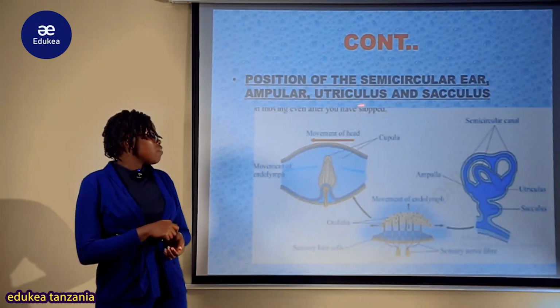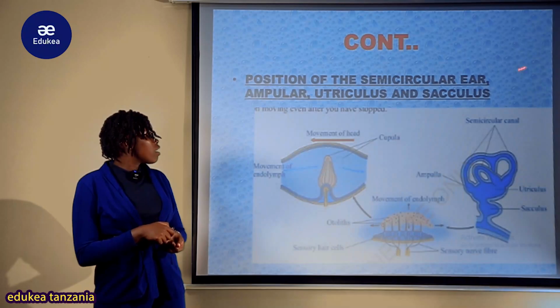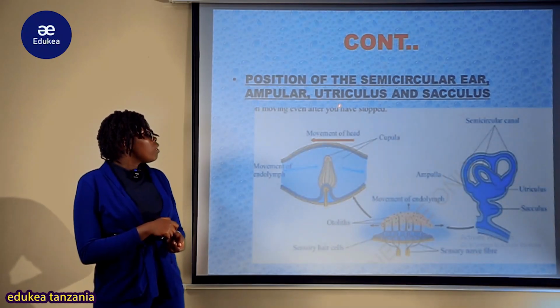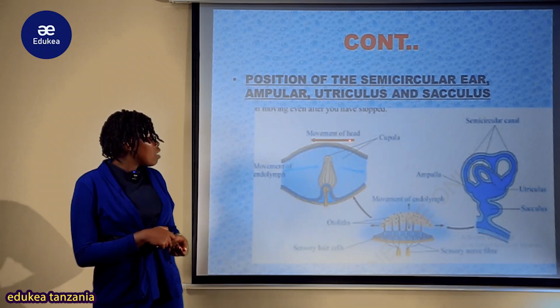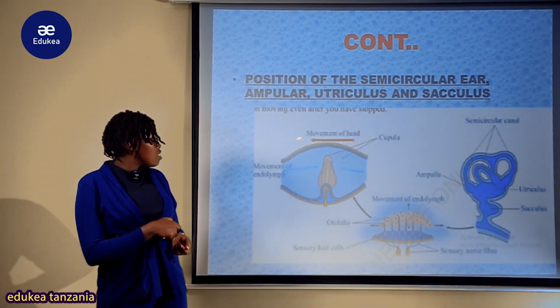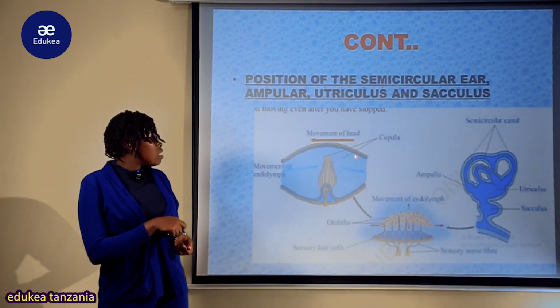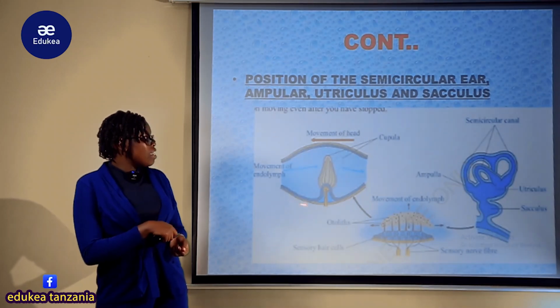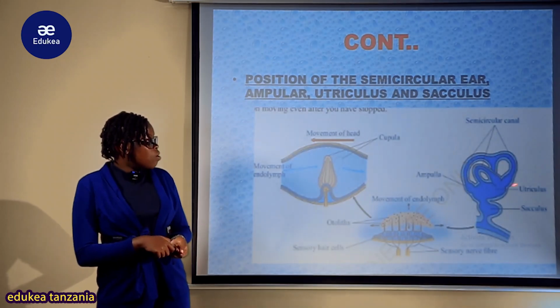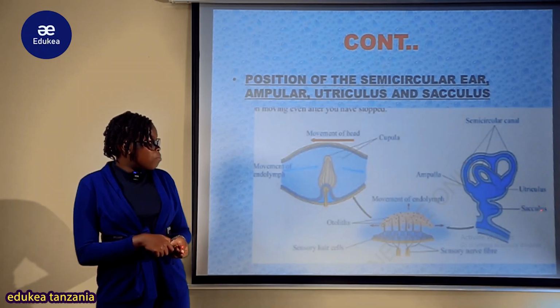The position of the semicircular hairs or canals, ampulla, reticulars pamoja na circulars, hapo unaweza kuangalia katika mchoro wetu hapa. Kwa mfano the movement of the head in this way, movement ya this otolith yenyewe itakuwa ni this way. They tend to work in opposite direction. These are the semicircular canals which contain the reticulars pamoja na circulars,